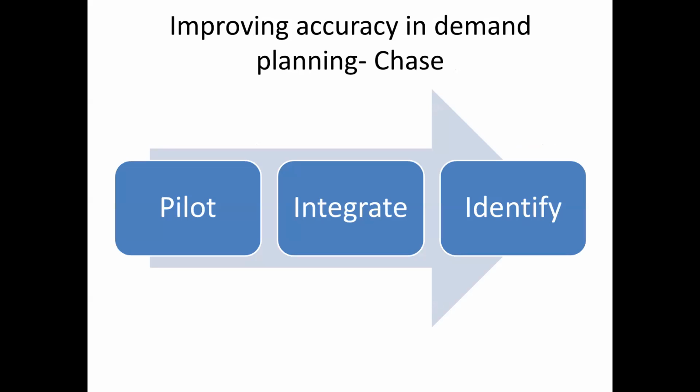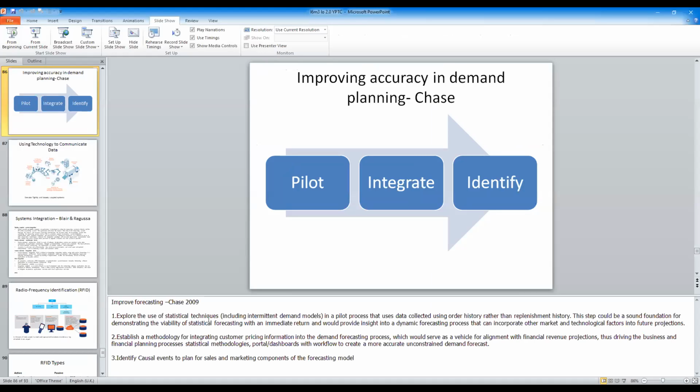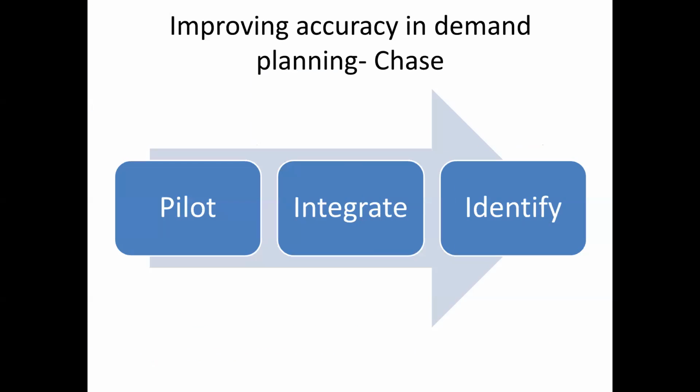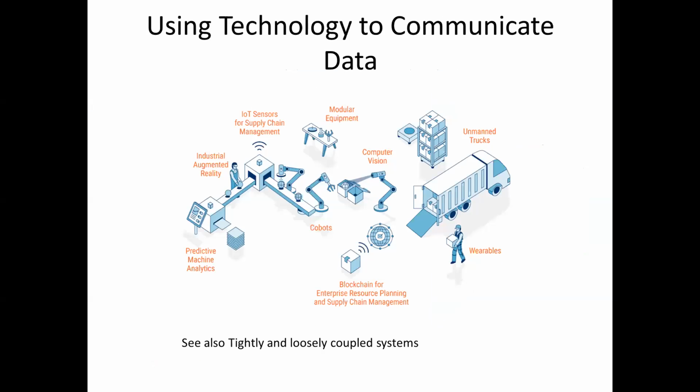And if I could just drop out for a second there, and that's from Chase. There, explore the use of statistical techniques, establish a methodology, and identify the event. So that's a strange one from the study guide. We could use technology